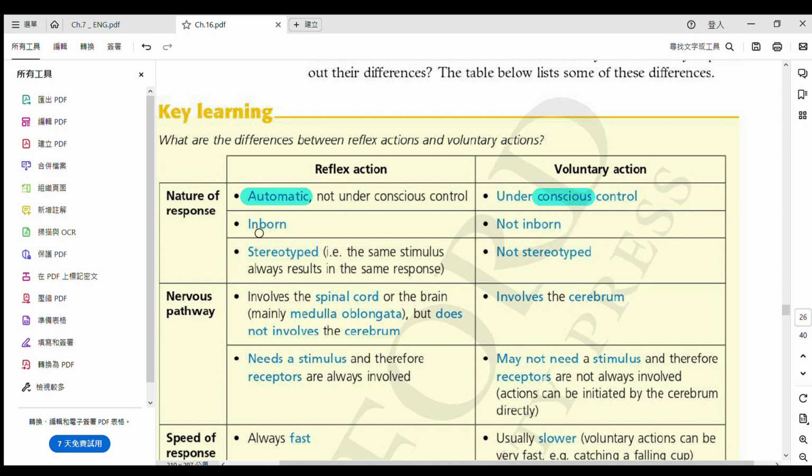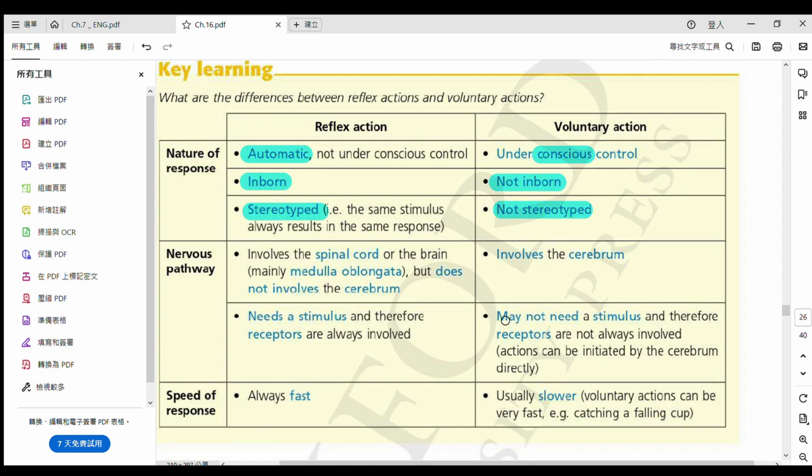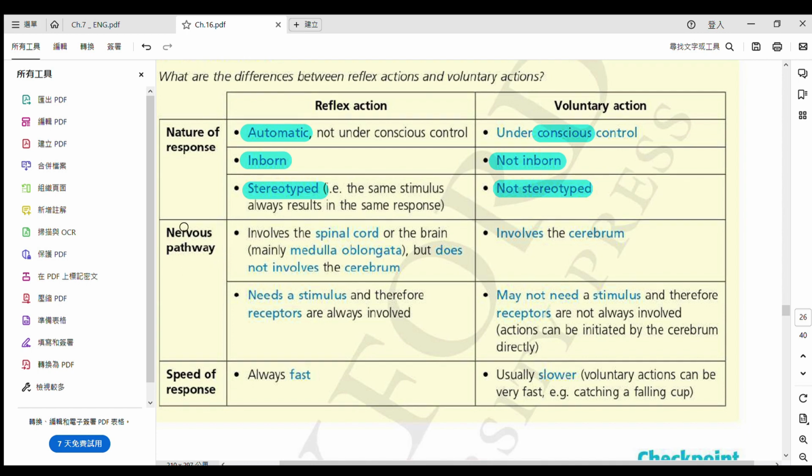Reflex action 佢係 inborn 天生嘅。But voluntary action, you can train it. Okay? 你可以控制佢咧 you can control it, you can train it. 你可以訓練佢嘅。Okay? So not inborn. And then reflex action, stereotyped. Each and every time, always the same. 但係啦 voluntary action, not the same. So you like to be smacked by one of your friends, but you don't like to be smacked by another friend. OK， 你會中意俾一個人冚啦，未必會中意俾所有人冚嘅。